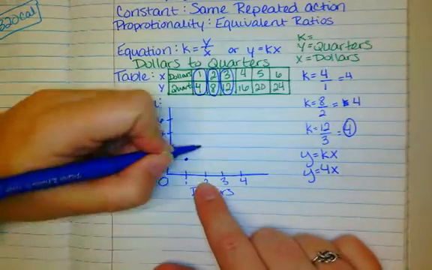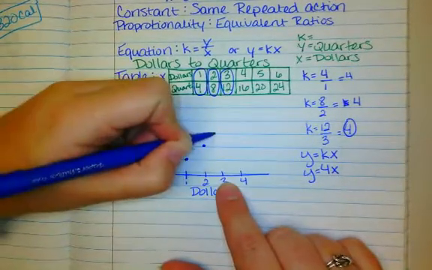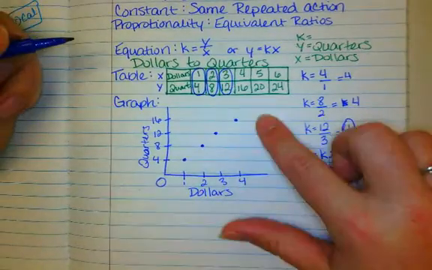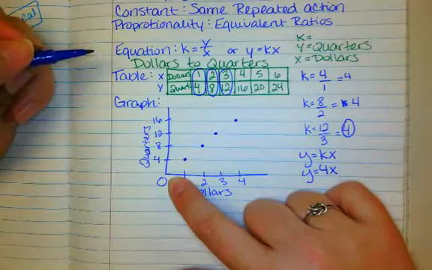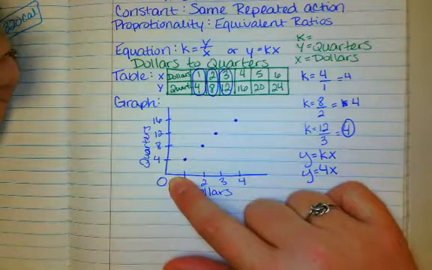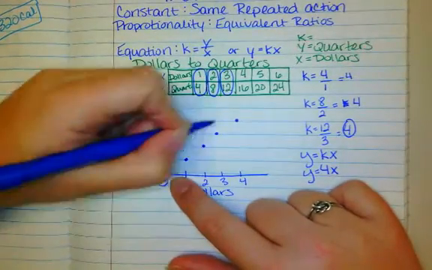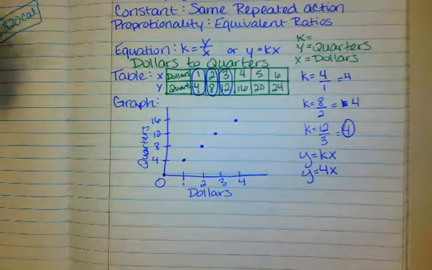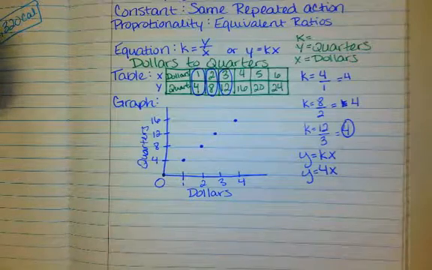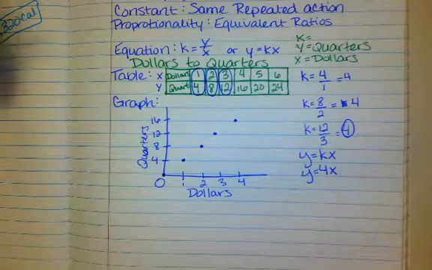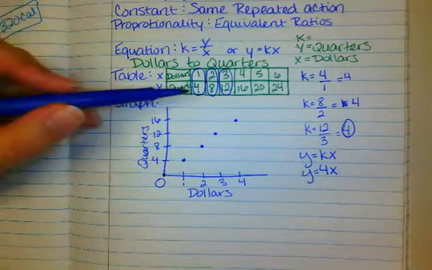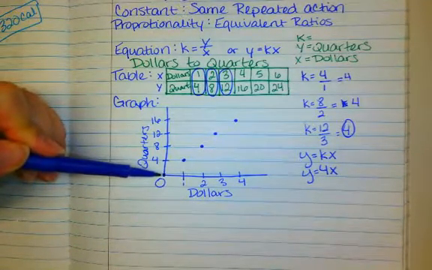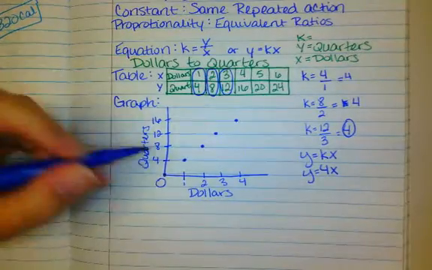If I make these plots, so I'm going to go to 2 and 8, 3 and 12, 4 and 16, what do you notice is happening? It's making a straight line, so it's a linear relationship, and it's also going to end up going through the origin of 0, 0. Because think about that. If I have $0, I also have 0 quarters. A constant of proportionality also goes through my origin. They always do. So proportional relationships